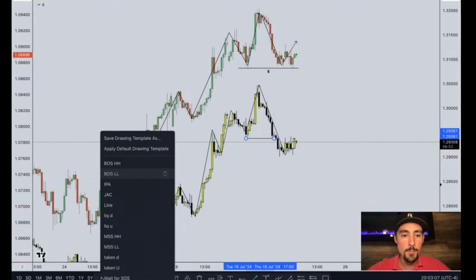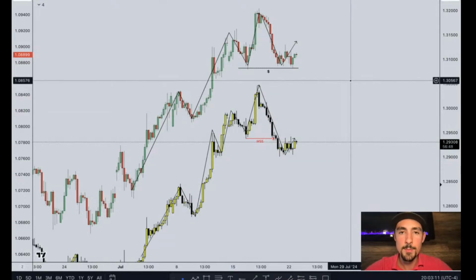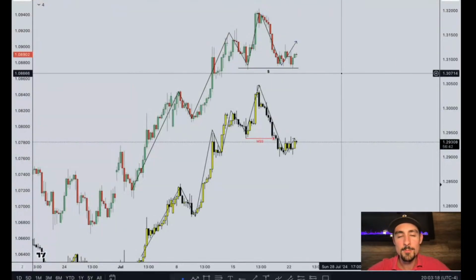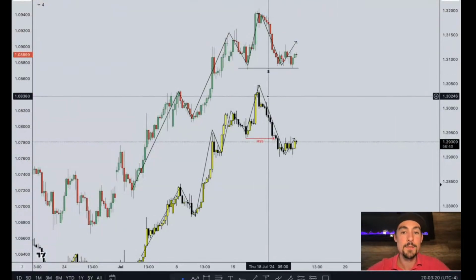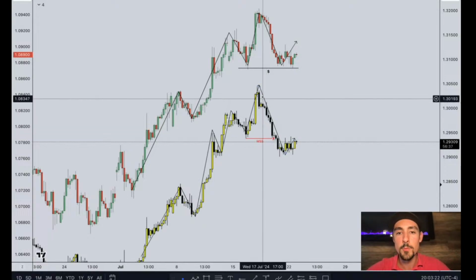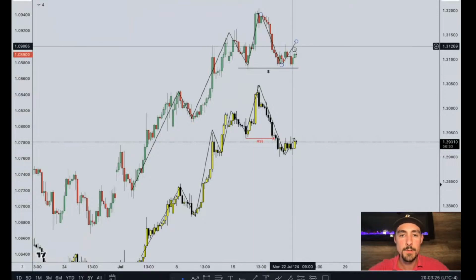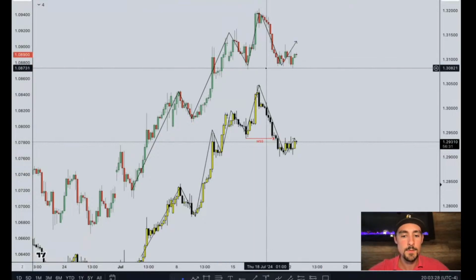So in this scenario, this is kind of inverse to what I was just talking about. Actually, I was going to show you an example of where a mitigation block would be more favorable. In this case, I guess you could say the inverse would be more favorable, right? You want to be selling the weaker or buying the stronger when there's divergence. So the divergence takes place when we have